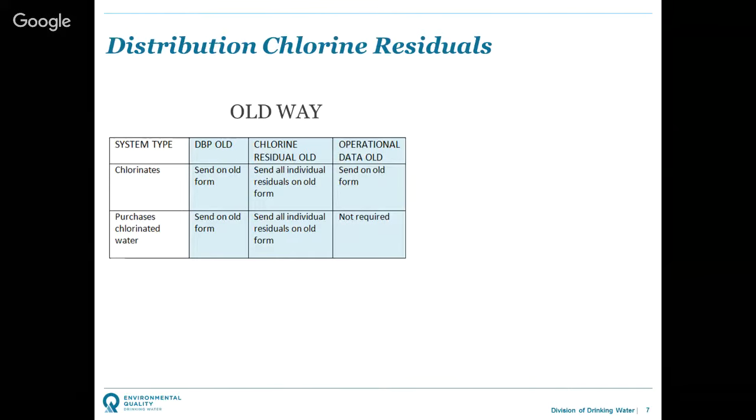So we have a couple of different ways that you can submit this data. There's a new way and an old way, and I will take either one. The old way, we'll just go through this spreadsheet really quick. The old way is that if you're adding chlorine,